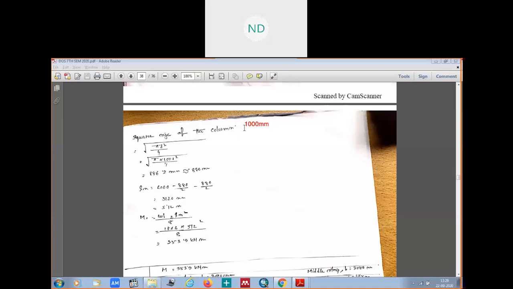The diameter of the column head was 1000 mm. So when we check what is our ln,